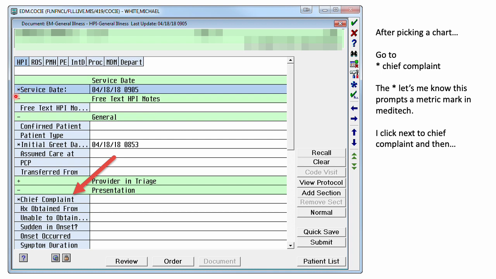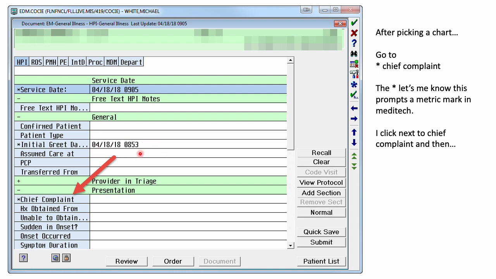Now, you're going to notice some stuff. You see the asterisks here? These are not hard stops, but these are things that are time stamps. So these are things that are tracked. And the reason I bring this up is, let's say that you see somebody on the unassigned board and you go and see the patient without clicking on them first. Or you click on them, but you don't complete your documentation, or you don't timestamp your documentation,